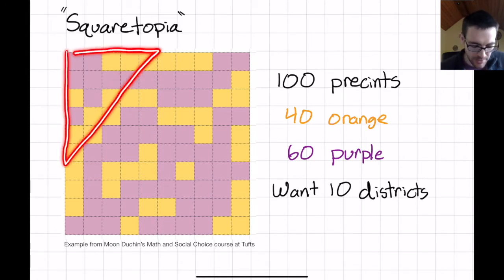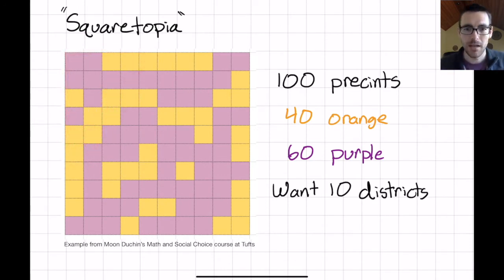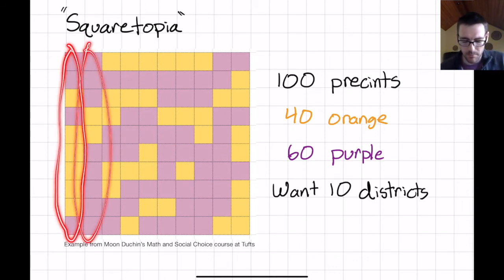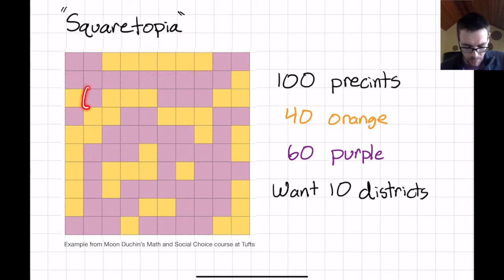We wouldn't draw a district like this because it does weird things; it breaks some precincts up across multiple districts. Instead, we're saying every precinct has to be entirely contained in one district. That said, we still have quite a bit of flexibility here. We could say that our districts are all of the columns, maybe all of the rows, or really any sort